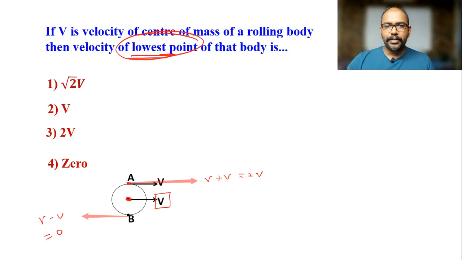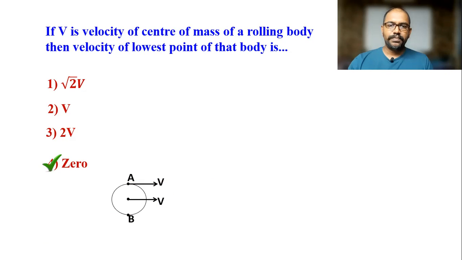So remember one thing here. This point B is always at the same point. We are discussing this point B. When the object is rolling, the point B is always in touch with the ground. So with respect to B, the relative velocity is 0. And with respect to the highest point, the relative velocity is always 2v, if the velocity of this object is v. So here the answer is 0.